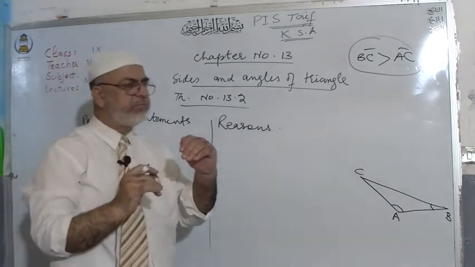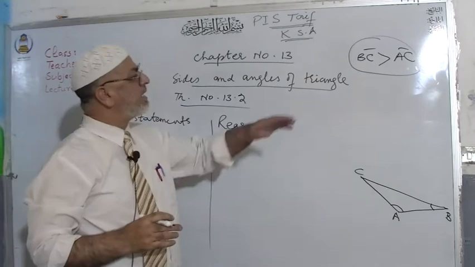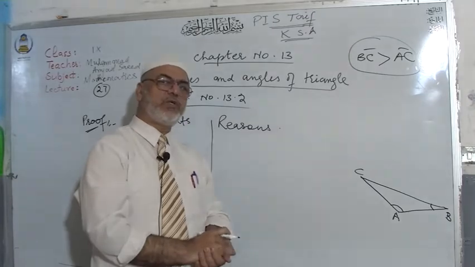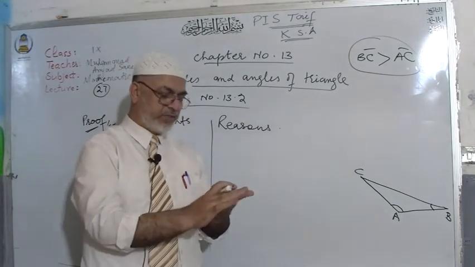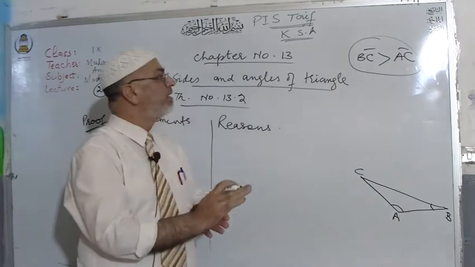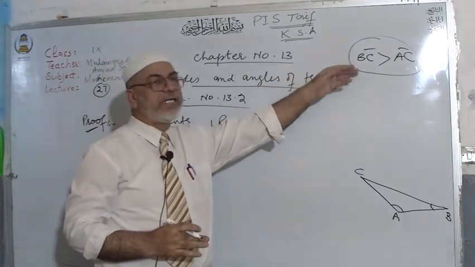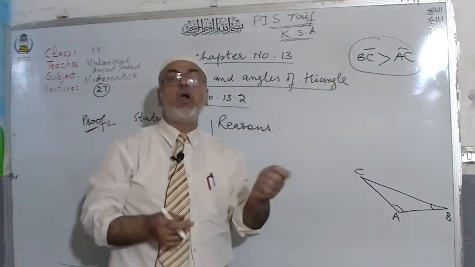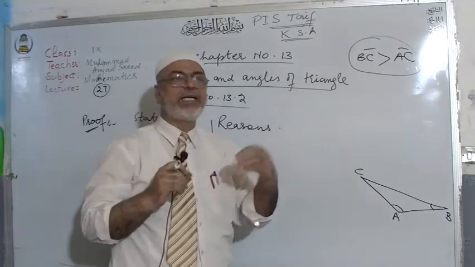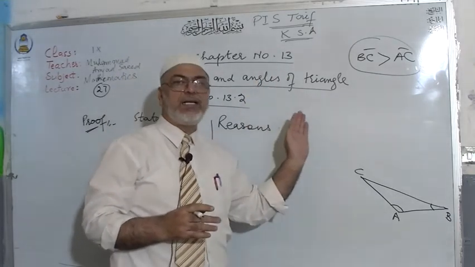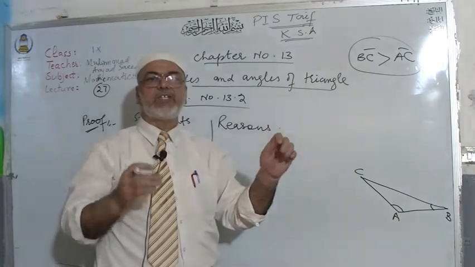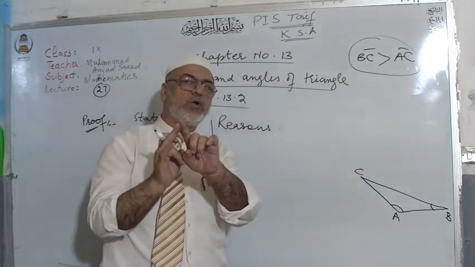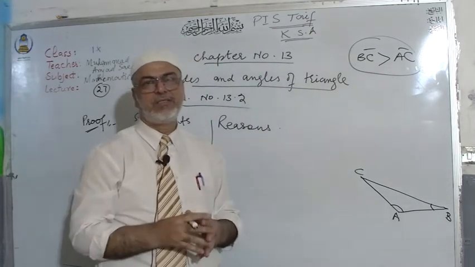Suppose I am considering this oppositely. Remember that in chapter number 10 I told you methods of proving the theorem, that was the reduction ad absurdum method. Then what is given, we take it as negative. It is not okay, BC is not greater than AC. Then we take the alternate, which we see is correct. With that result, we move forward and reach a contradiction. We reached a wrong answer. It means that the wrong answer was due to a wrong supposition.